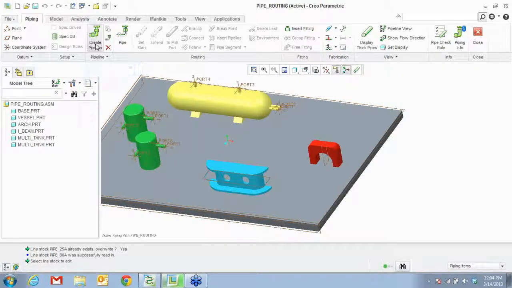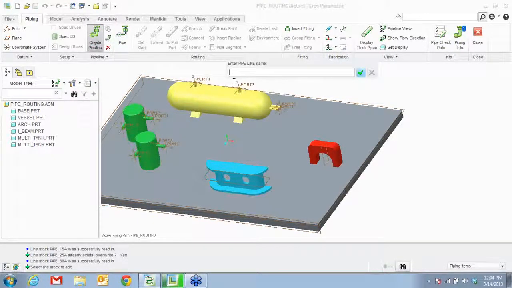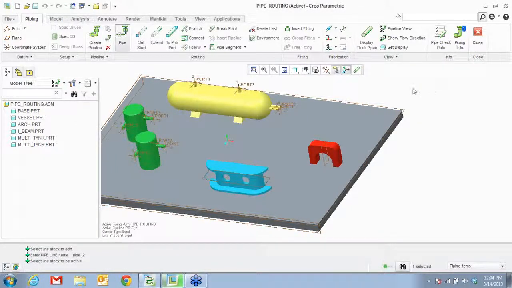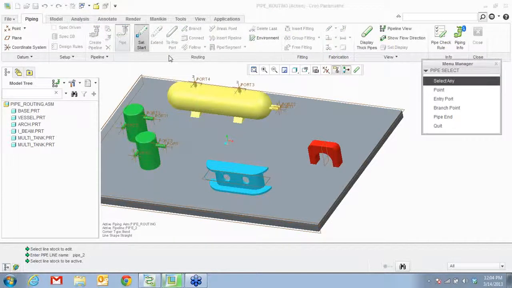So we're going to go ahead and say create pipeline and give it a name, say pipe 2. Hit enter. Choose a certain pipeline that you want, say line stock. Now you see all these buttons are active. So you can say set start.